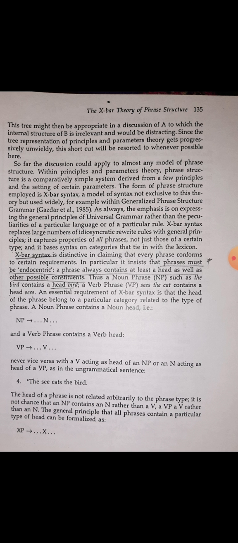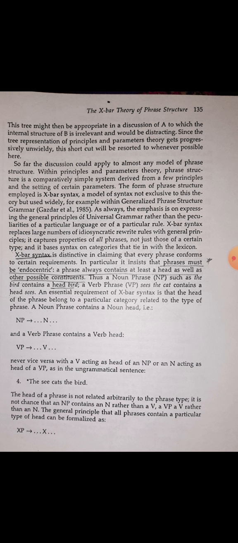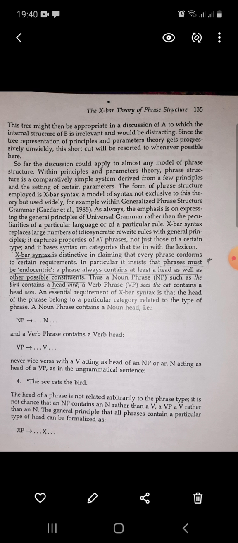So you can see the arrow. A noun phrase contains a noun and some modifiers, and a verb phrase consists of a verb and other elements. The dots show that there could be something before the verb and there could be something after the verb. In X-bar theory, we denote any type of phrase as XP. XP means any kind of phrase. It can be a verb phrase, noun phrase, prepositional phrase, or adjective phrase. So in any XP phrase, there would be a head X, and there would be some constituents before and after that head.